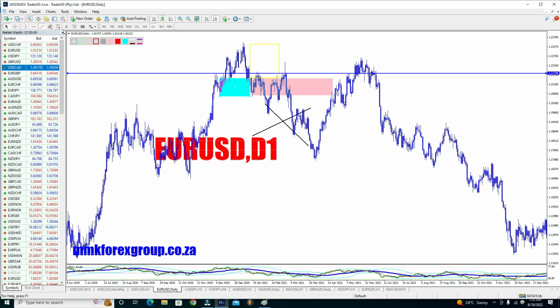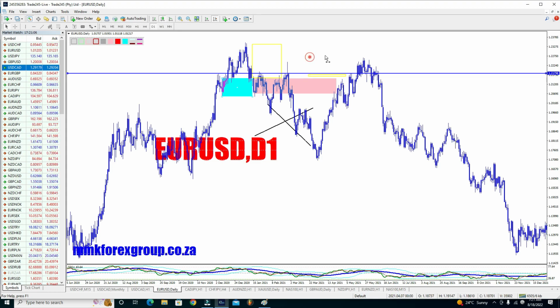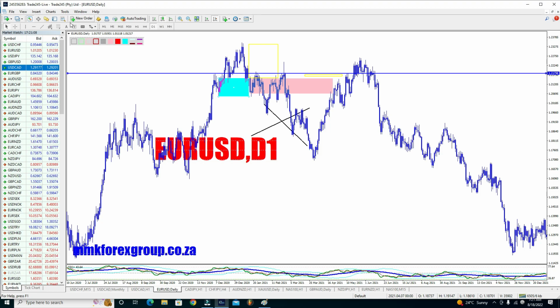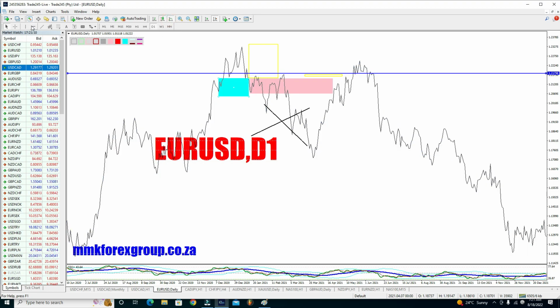And what I like about this is we had price then slowing down. Price did slow down. I want you to see what price did when price came back to this flip area. Look at that. Retail traders are definitely getting into the market, and their stop losses are above this area. In this case, as you can see, if we move to the line chart, we had this